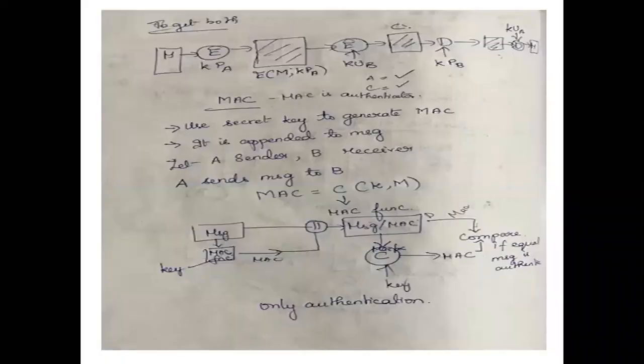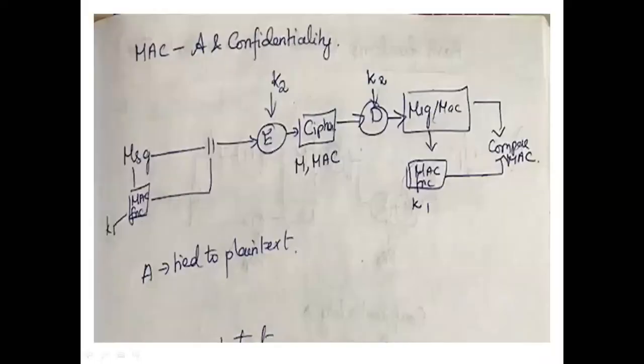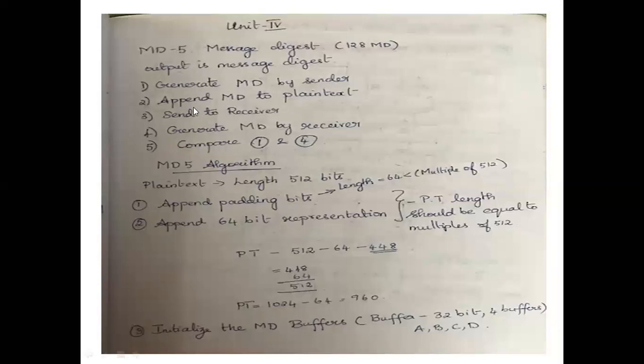For example, if you take up this diagram where MAC is an authenticator, what happens here? Message, MAC function is used, the same process is appended, and then the message with the MAC is sent to the receiver side. The received MAC is compared with the generated MAC, both are compared, right? That is what I am talking here also in MD5, the same concept. So that is these 5 steps repeating again.